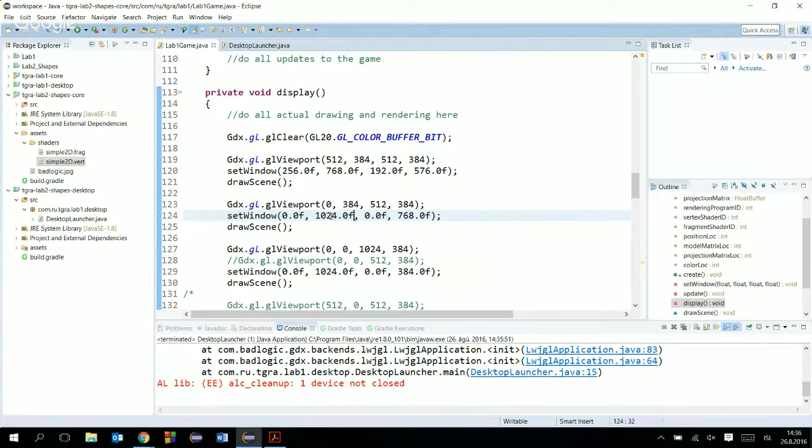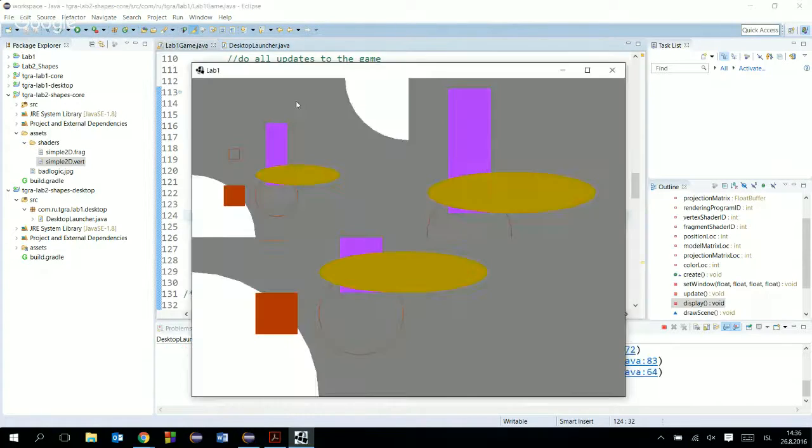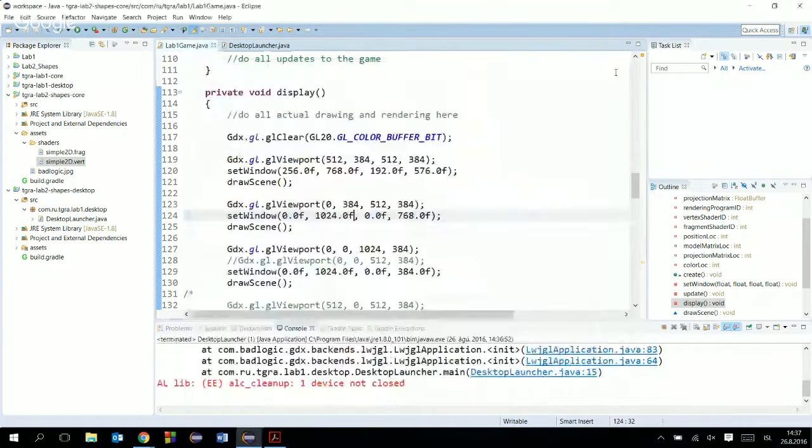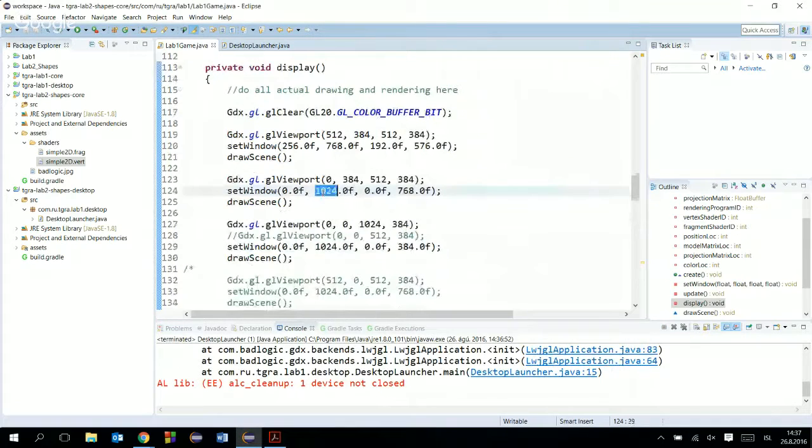Okay, so the window we're drawing into, we're still drawing the same image. We're drawing these shapes, but what we want to happen is that the window we're interested in projecting from this image is not here anymore, but a much bigger part around it. So if I want to make the window bigger, we can go to 2048 here,